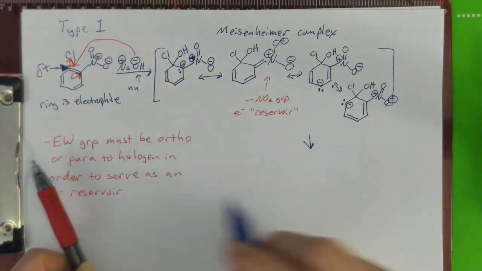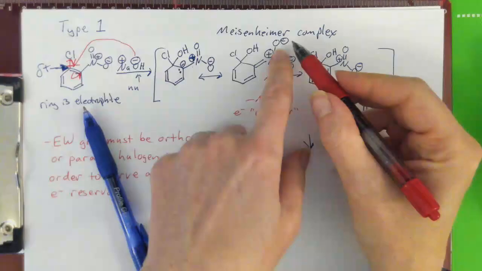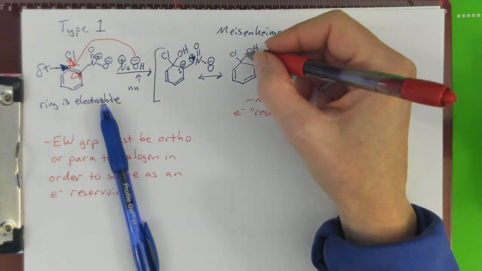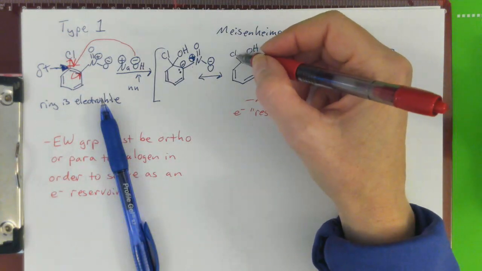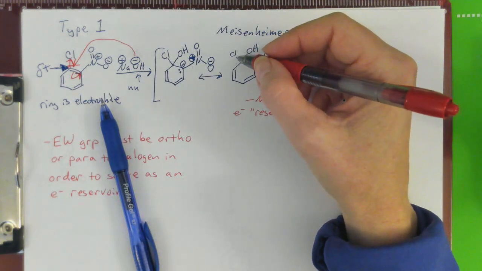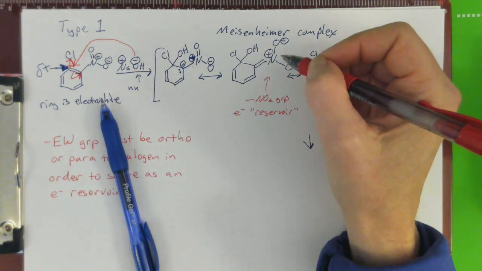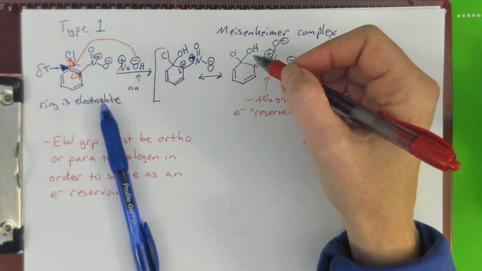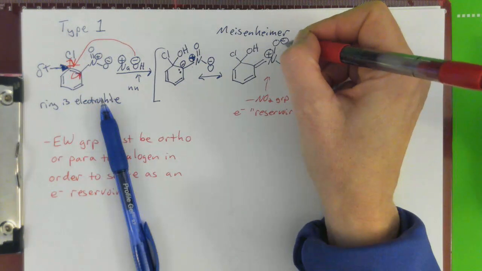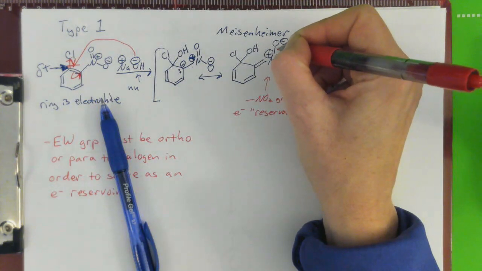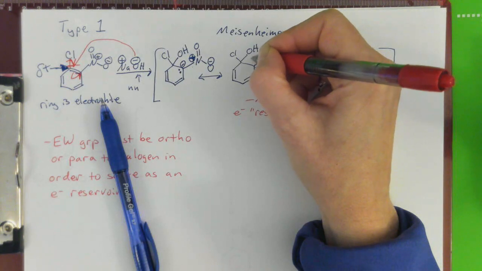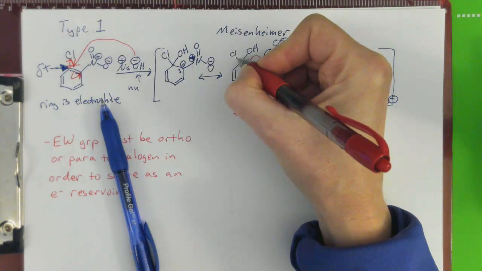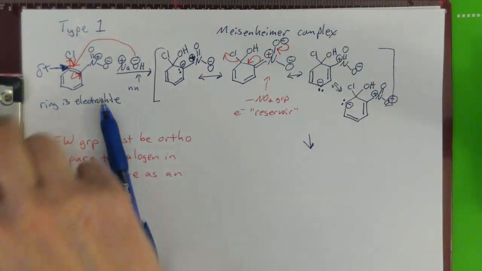So what I'm going to do is take this one here. This is normally an easy way for students to understand how the chloride gets eliminated. Remember that chloride is a good leaving group, and remember that hydroxide is a never leaving group. So I'm going to take this pair of electrons and bump it back down here, and then I have to bump this pair of electrons here. This is a never leaving group, so I'm going to bump the chloride off,